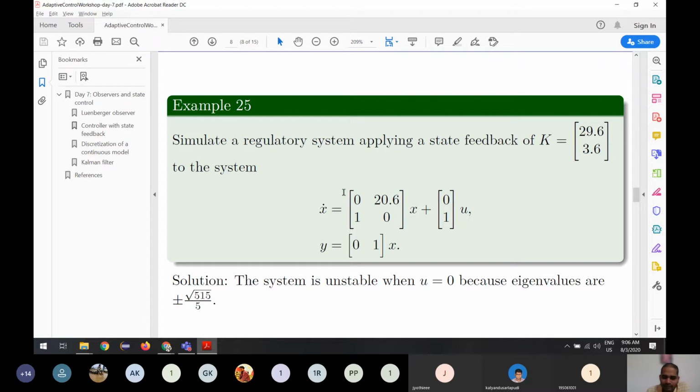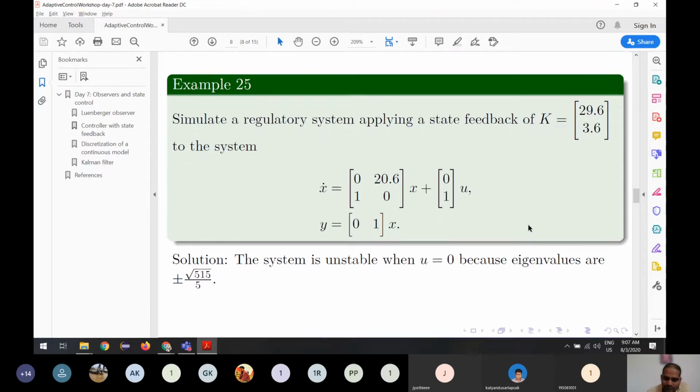So what we are going to do, we have this system. We have to give some value to U such that the system becomes stable. So the value they are saying, use this K with these values to make it a stable system. How can we use this? What they want us to apply is the state feedback. So what is the state feedback? If we know the values of the states, we can use this technology. So let me show.